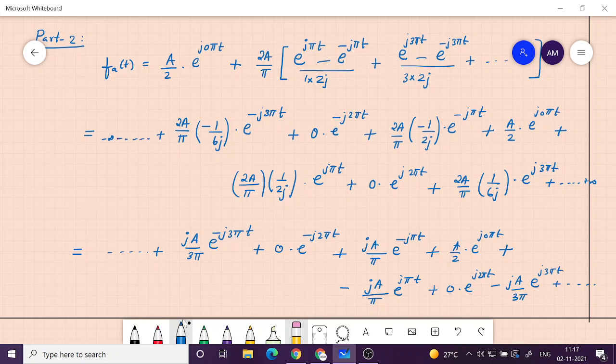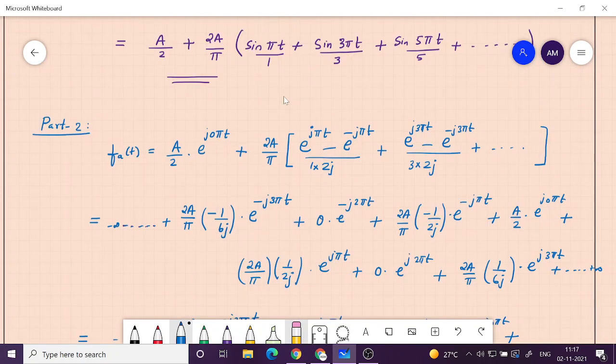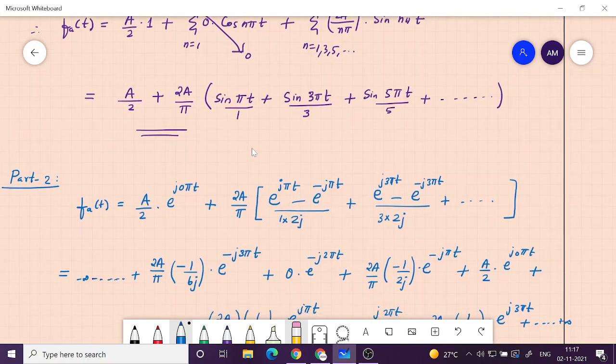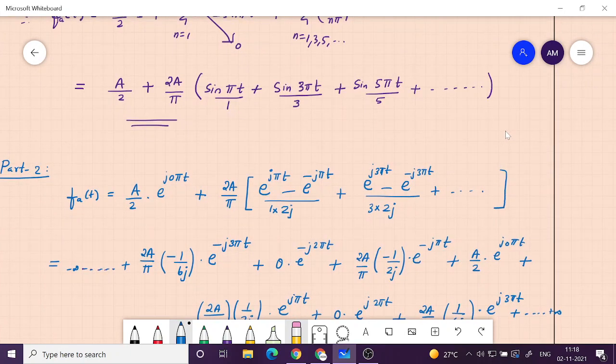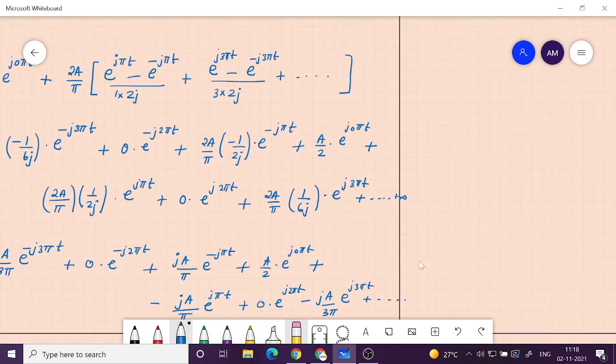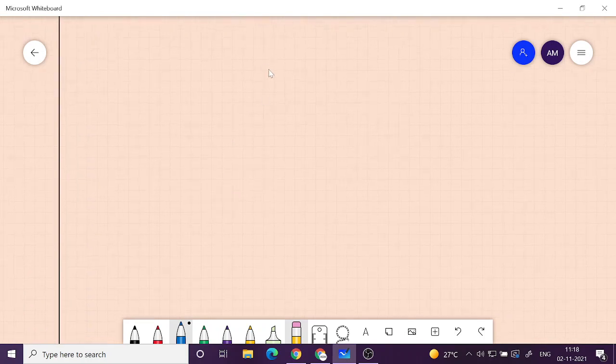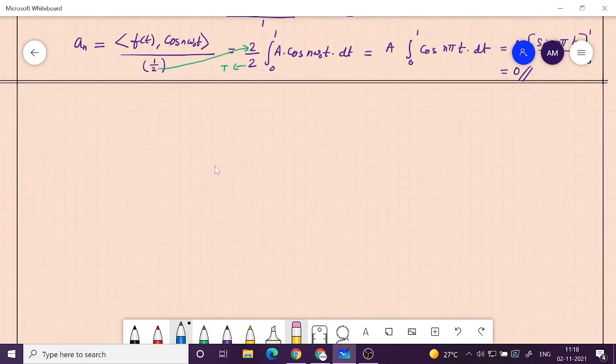So now let's verify whether this is what we will get. This is just a transformation that we did. We got the trigonometric Fourier series, and then we did an expansion of sine and cosine terms in terms of the exponential functions. We expressed them, and then we grouped the terms such that it looks like the exponential Fourier series. So now let us directly find it out and see whether we will get the same thing.